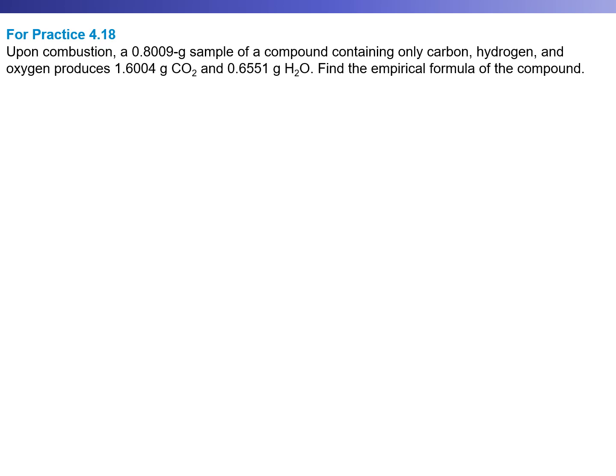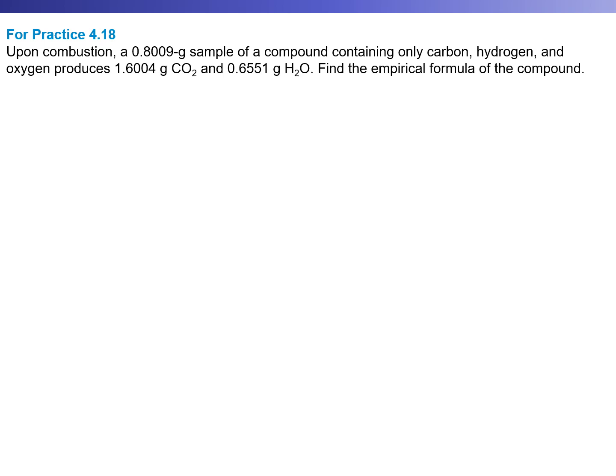So however many elements entered into this reaction, we have to account for them at the end of it. And they're telling us that at the beginning, contained in that 0.8009 grams of whatever underwent this combustion, is all the carbon, all the hydrogen, and all the oxygen that this combustion reaction utilized. So we are bound by that number, and we're going to have to use that number in order to come up with the value